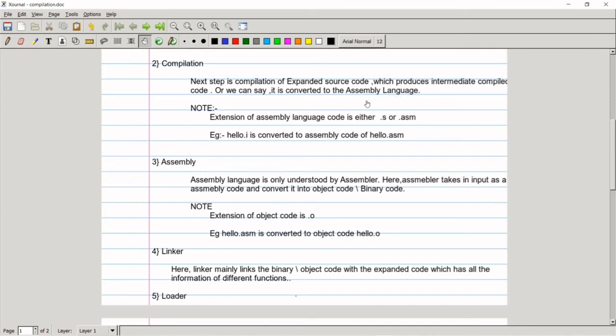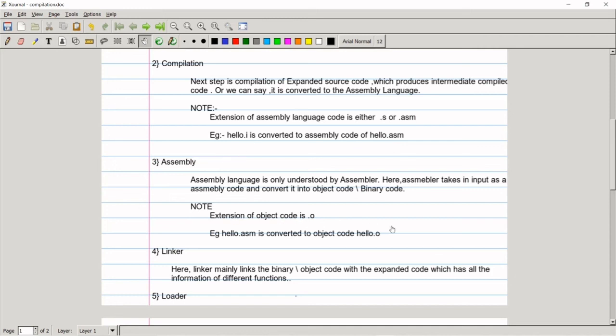Always remember, the extension of assembly level language is .s or .asm. For example, hello.i is my expanded source code from the preprocess step. I pass it to compilation and it is converted to the assembly level language hello.asm. Now we know that assembly level language is understood only by the assembler.